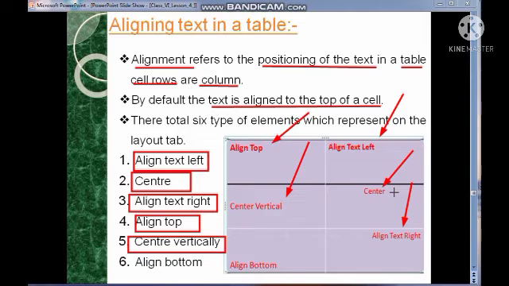It is also known as center. And at last, align bottom. Align bottom means the text will be displayed at the bottom of the cell. I hope each and every type of alignment you all understood very well.